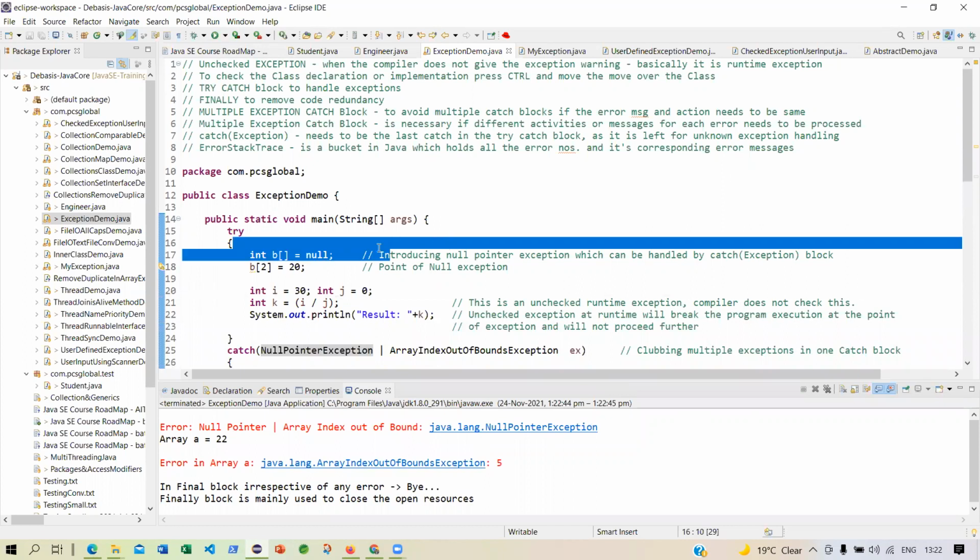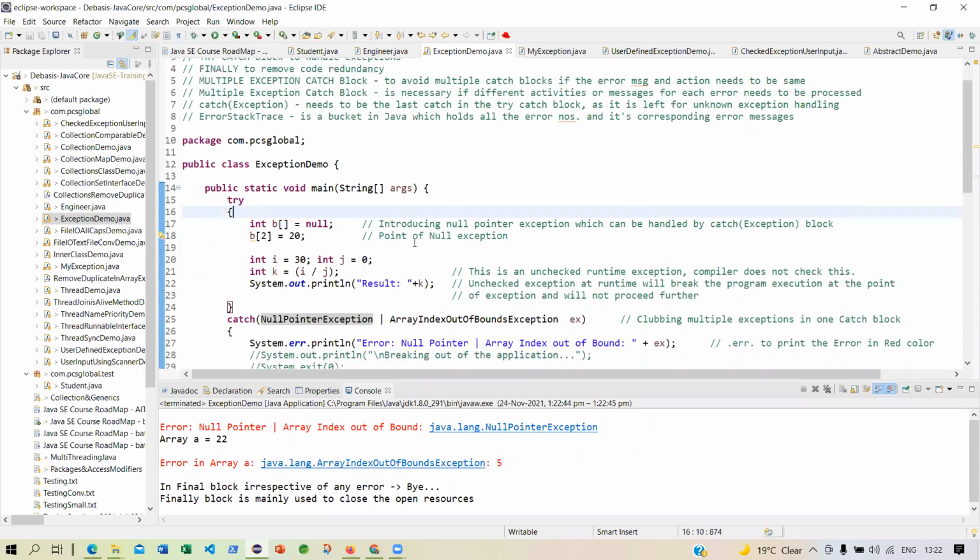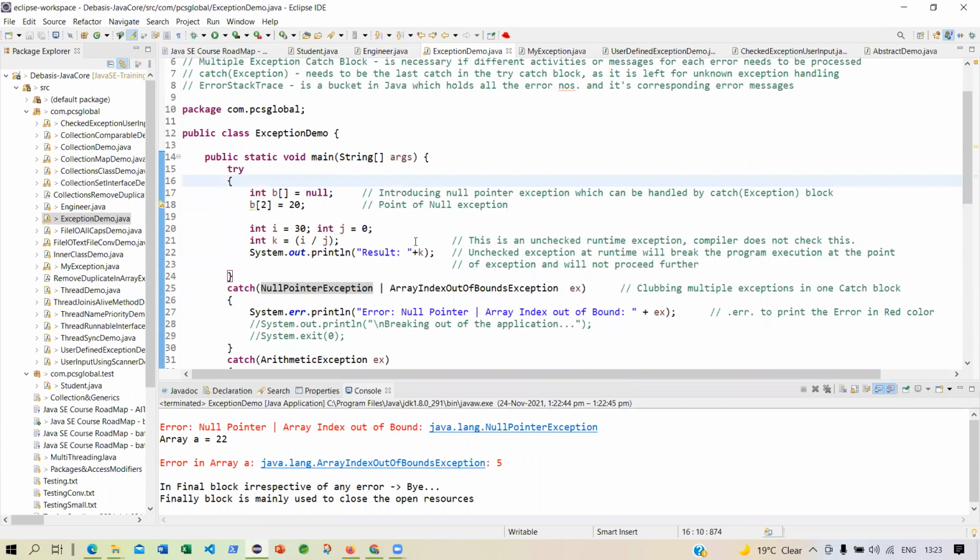Okay, let us come here. It is getting some error. The error says null pointer exception, but array index out of bound and null pointer.